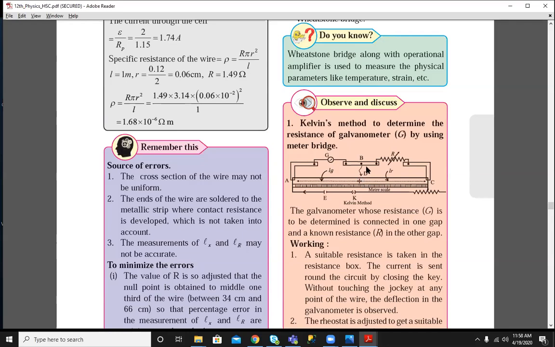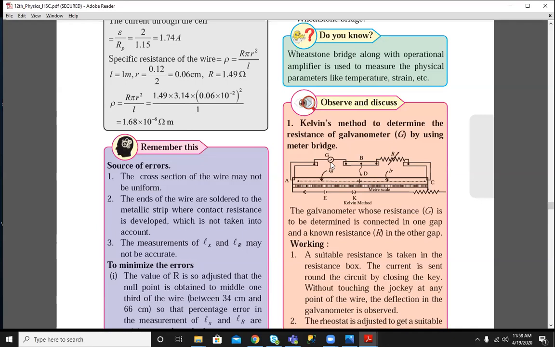We have not put the jockey on the wire, just measure the current in the galvanometer, let's say it is the X reading. Then as the jockey is not put on wire AC, at this point the circuit is incomplete or open, and the whole current is going towards R. As we put the jockey on wire AC, the circuit is closed, so some of the current will flow through this path, and we are trying to find the point at which the galvanometer shows the same reading as it showed before putting the jockey on the wire, that is the X reading.